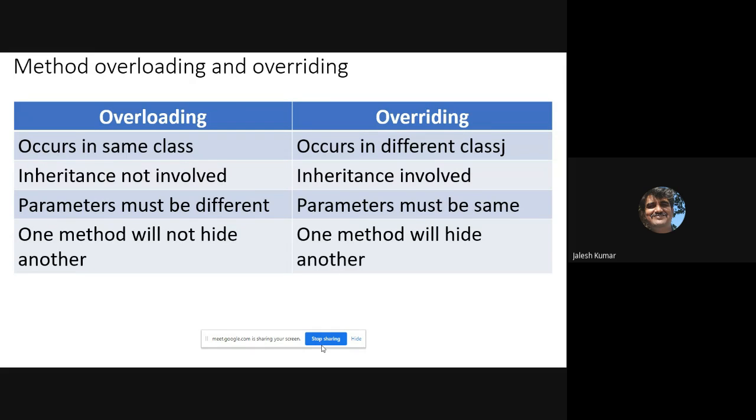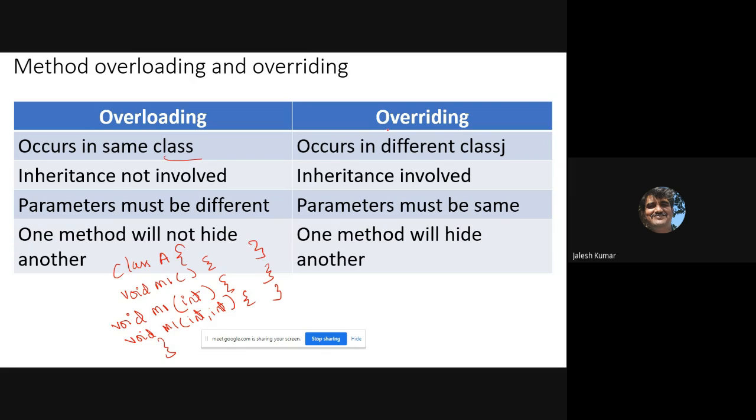Overloading occurs in the same class. See, one class means there itself we are writing class A. Please learn, overloading means you just write one method M1, you write System.out.print something, and after that in the same class you write one more method with the same name but with an int argument. You can write one more M1 with two parameters. So this is what method overloading is, is it not?